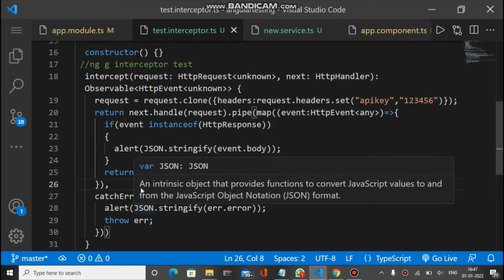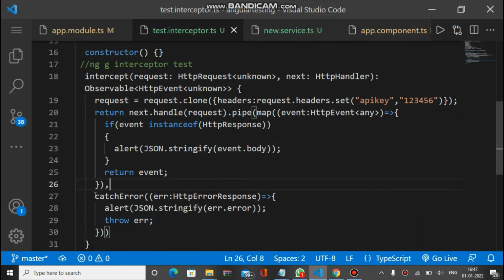And also if you have an error inside the API, this will be handled by this block. So you have to use the catchError function. Inside catchError there is an error parameter of type HttpErrorResponse, and the callback will throw the error, and you can manipulate all the errors here. Like if you want to use an alert dialog function, then you can write the code here. So in this case I just put an alert to see the error.